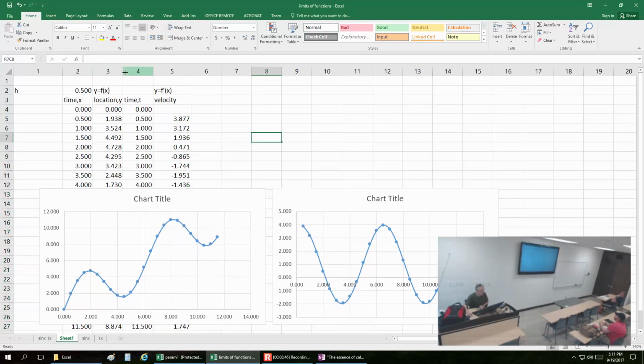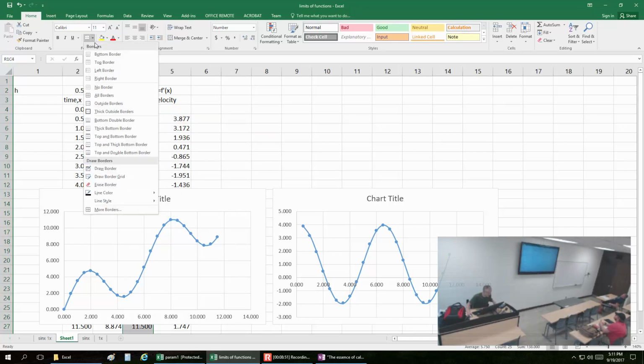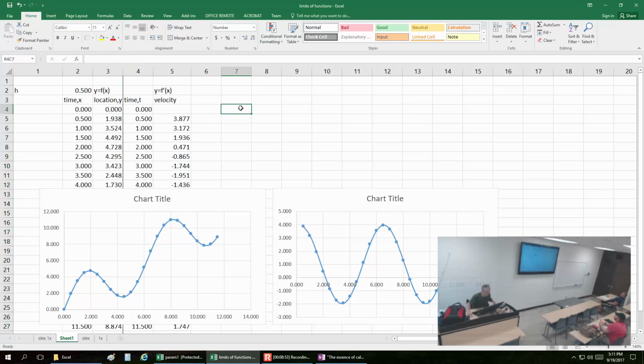Let me separate these. As you can see, the location is the first two columns and the velocity the next two columns. Now I'm putting one more separation, and the next one will be the